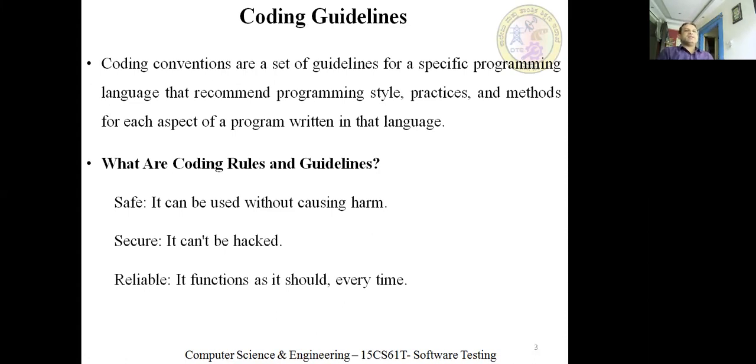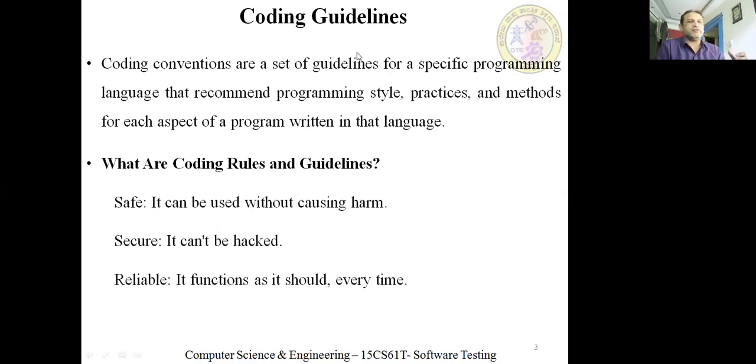Coding conventions are a set of guidelines for a specific programming language that recommend the programming style, practices and methods for each aspect of a program written in that language.